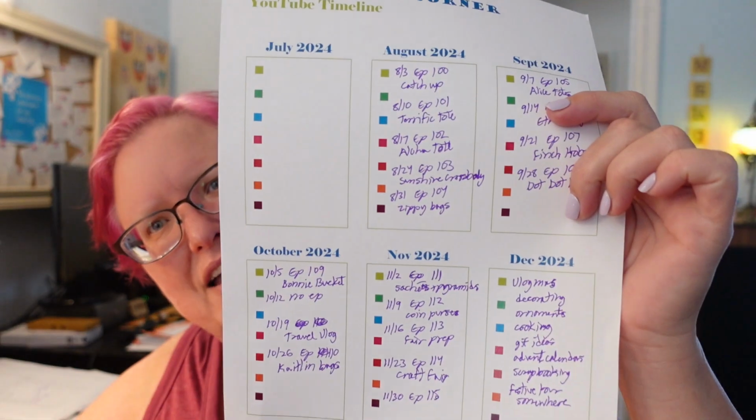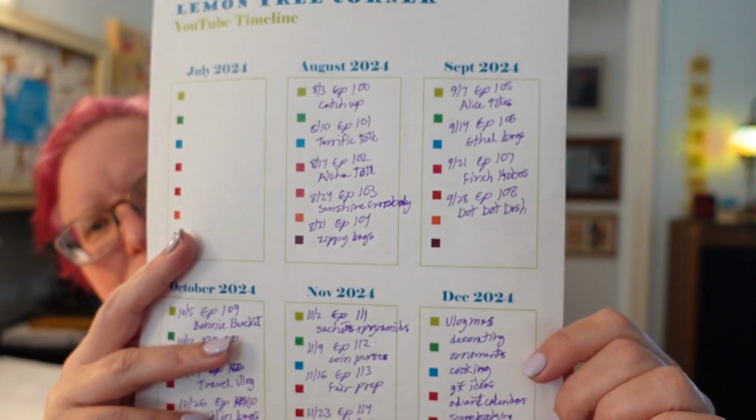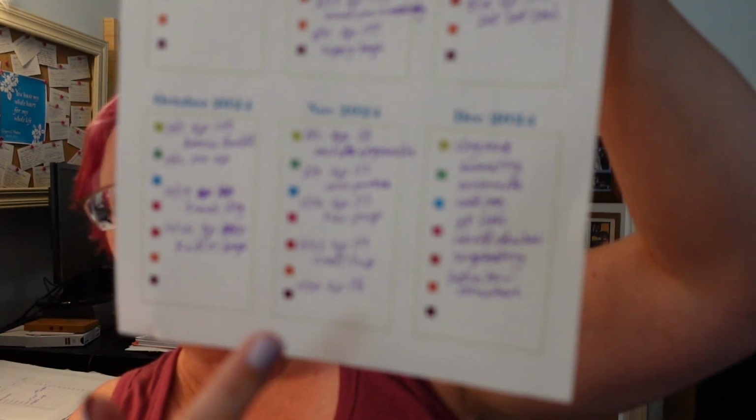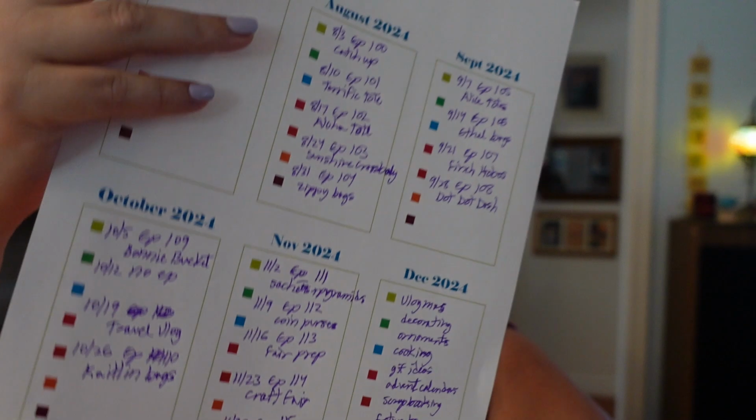But another important thing I did this week was I filled out the calendar. So I wanted to make sure I had enough weeks to make all the bags that I want to make before the craft fair in November. So I plotted out all the bags we're doing, including the one we just did last week and the one we're doing this weekend. And I've got just enough weeks to make all the bags,